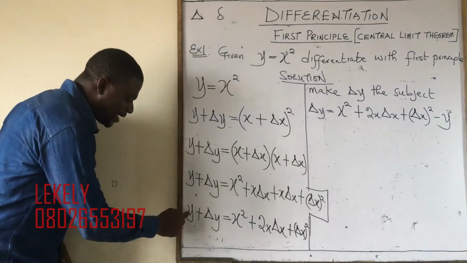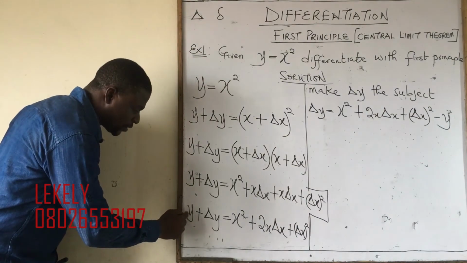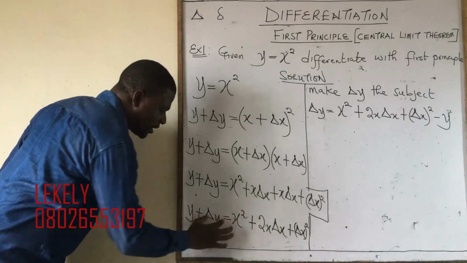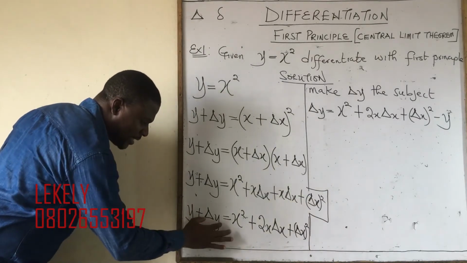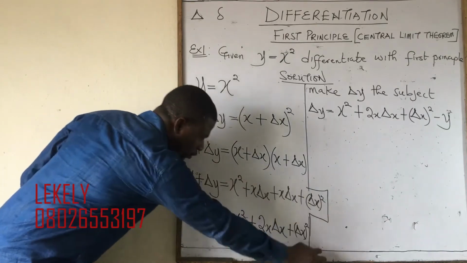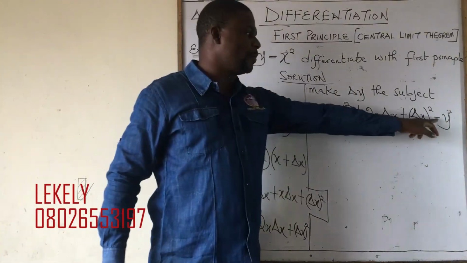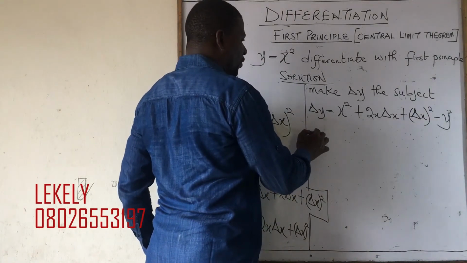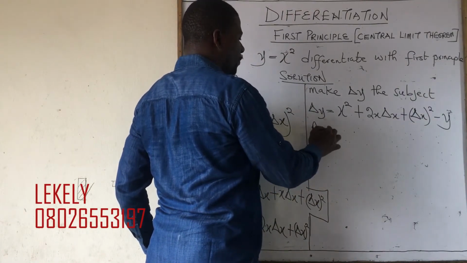You know, this y that you have here is having an invisible plus. By the time it crosses to the other side, it will change to minus. Then this change in y is still at this other side. So you are leaving this change in y here, but this y is coming to the other side to change to minus y. So then from here now, you are going to say, recall